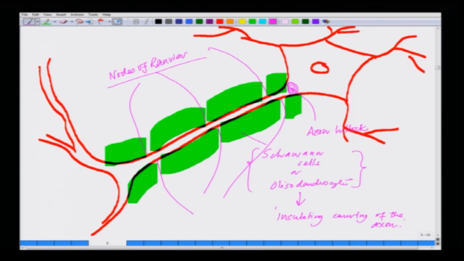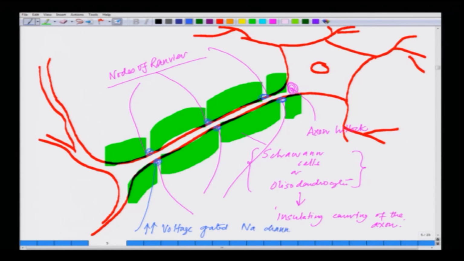And at the nodes of Ranvier, you have a large population of sodium channels. They are concentrated out here like this. What you see in green are a high population of voltage gated sodium channels,